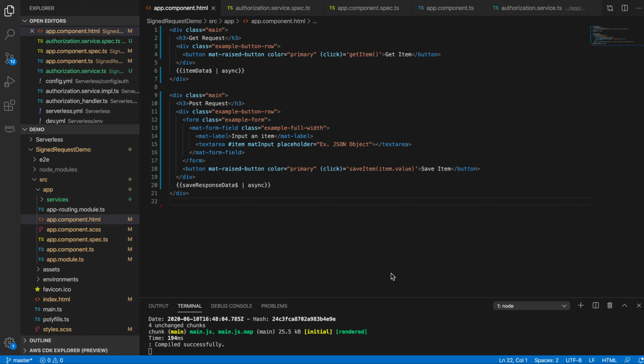So now I will go over the front end of my application. It is a very basic application that has a web page with two buttons. One is for the get item and the other is for the save item. Whenever the get item action is triggered, it first calls the authorization API, gets the authorization header, and